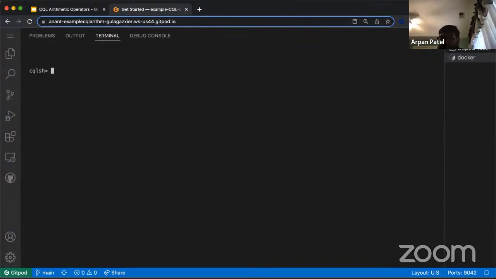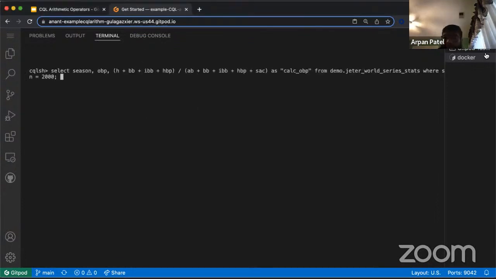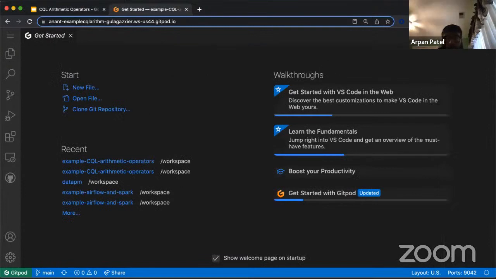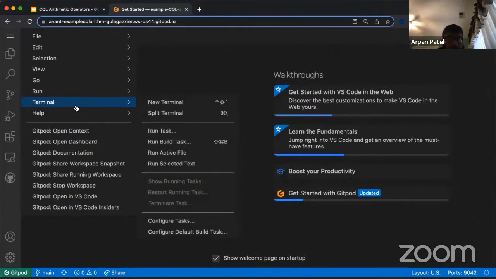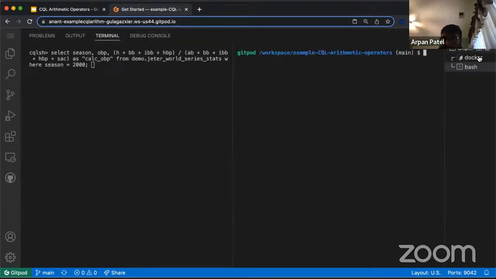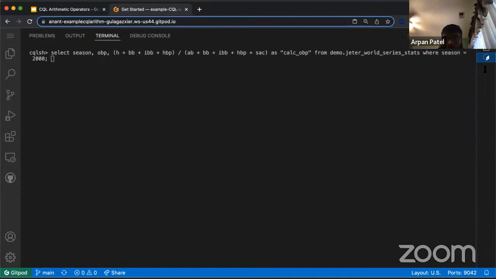So subtraction's easy, addition's easy. Now comes in a little bit more complicated stuff, right? So here what we're doing, let me close this out. Terminals, split terminal. I want to close out of this one, and then I want to, there we go. Okay. Now what we're going to do here is we're going to bring in parentheses, division, and